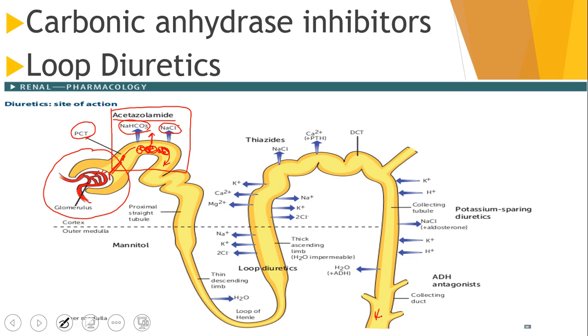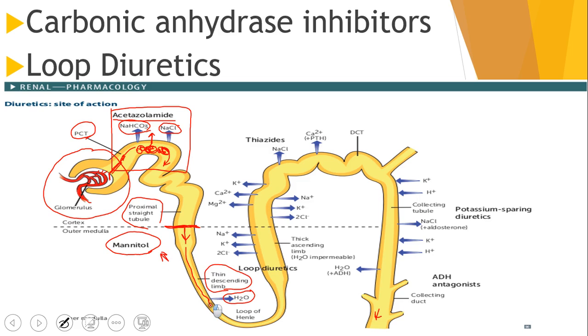Now moving on, we come to the proximal straight tubule, and we leave the cortex, we come out into the outer medulla. And here in the outer medulla is where the drug called mannitol takes effect. We're not really discussing mannitol too much in this particular lecture, cover it later. Now the ions and water are going to come through here, they're going to pass through the thin descending limb. This is where a lot of water is taken out, unless it's bound to mannitol, of course, and it doesn't